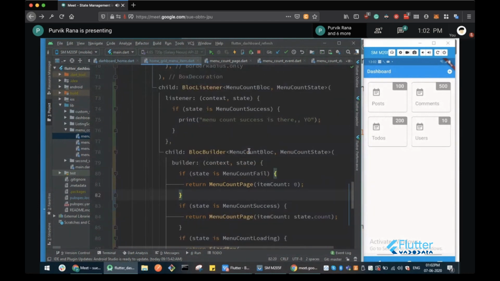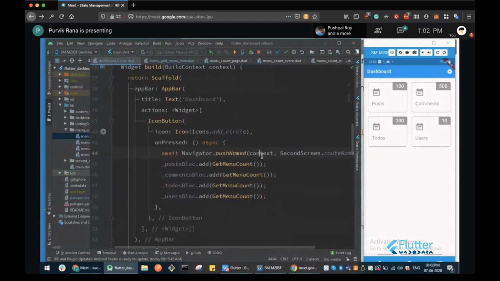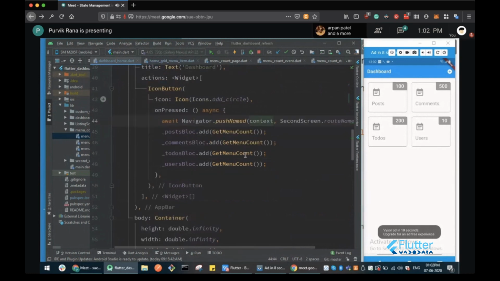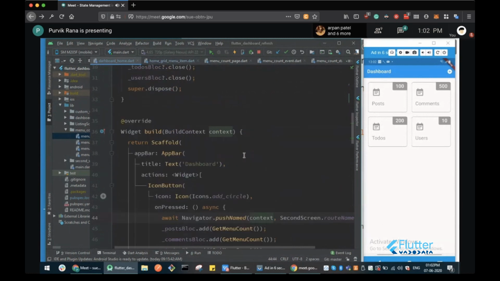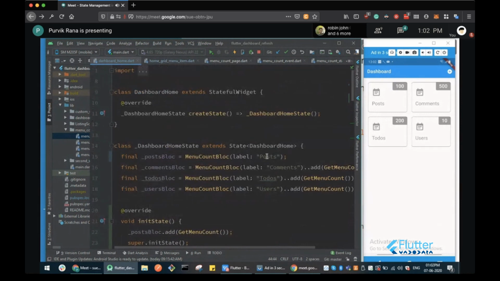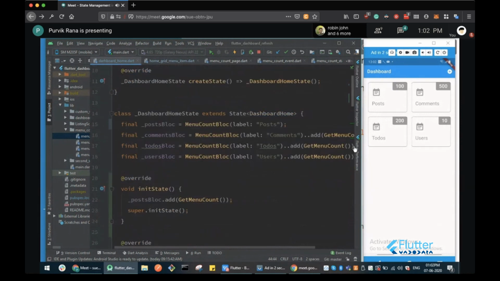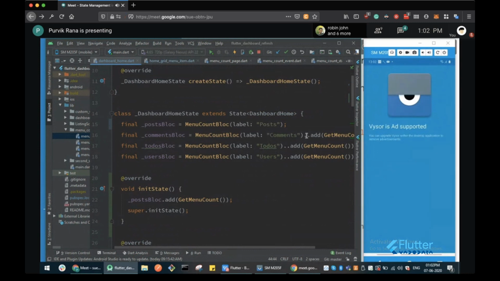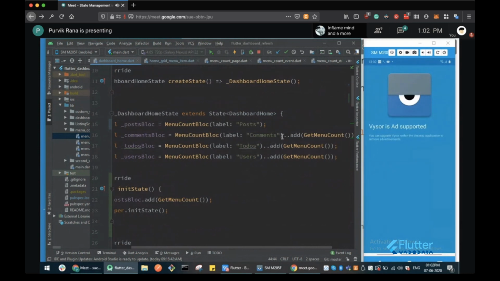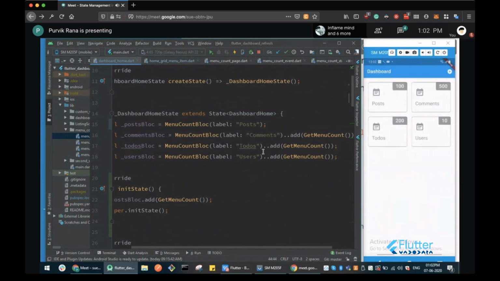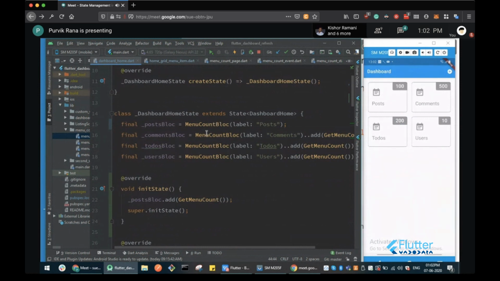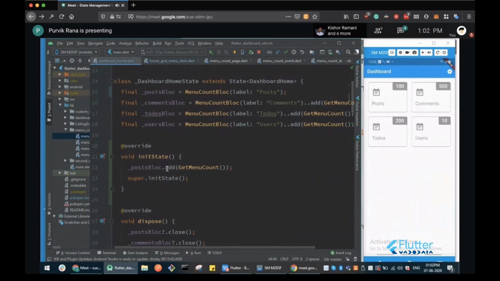And that's how you can provide the instance of the block using the block provider. These are the local instances that are created and added with different events. There are two ways. You can directly add the event whenever you are creating the instance of that block, or you can first create the instance, then if you have a stateful widget, on the init state you can add the event later.